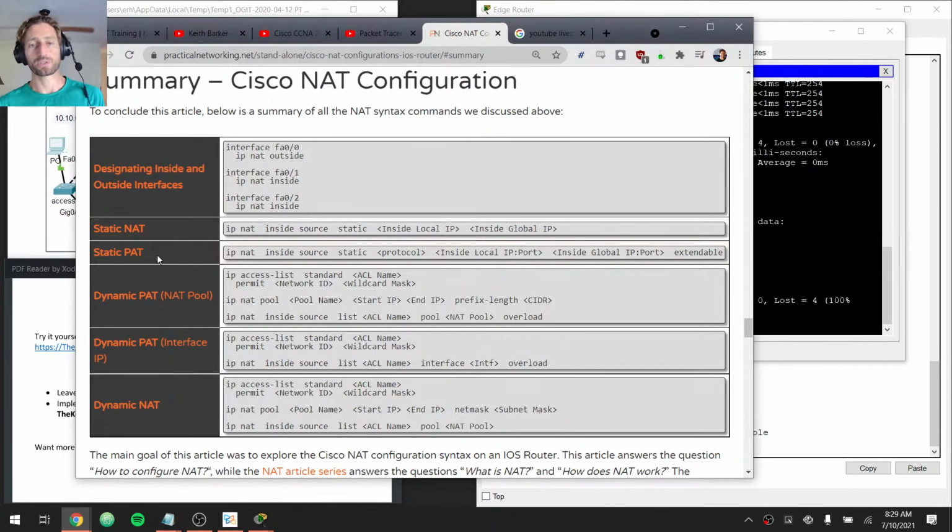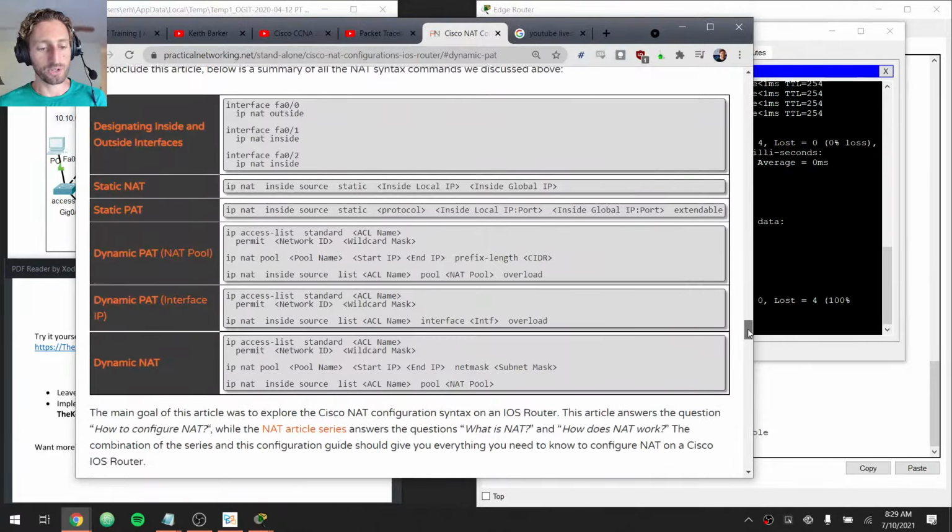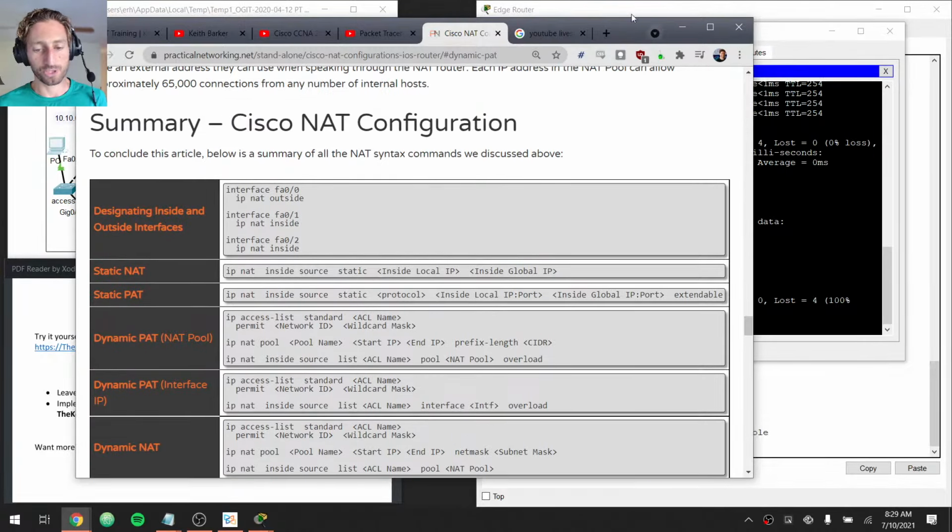table which is sort of a summary cheat sheet of the configuration for every type of NAT on a Cisco router. Even though I wrote this article, I still use this anytime I'm configuring NAT as my indication of what the commands are, just in case I forget something. If you click any of these, they'll jump back up to the explanation of how it all works, and you can see all the packets and all that fun stuff. But we are going to use this cheat sheet to configure